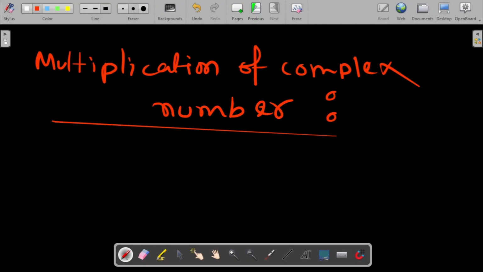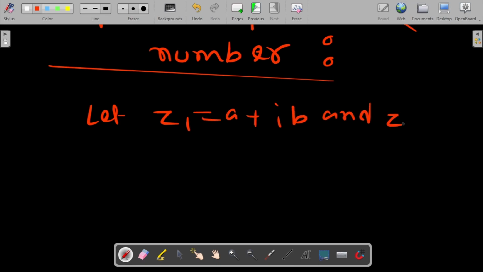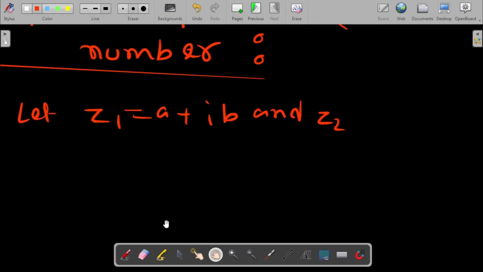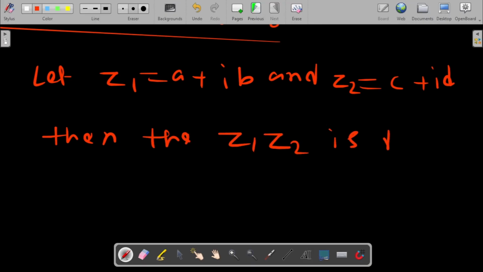Okay. So let Z1 equal A plus iB and Z2 equal C plus iD, any two complex numbers. Then the product of Z1 and Z2 is defined as